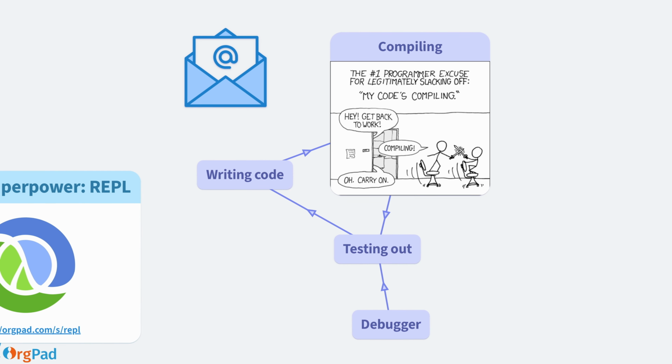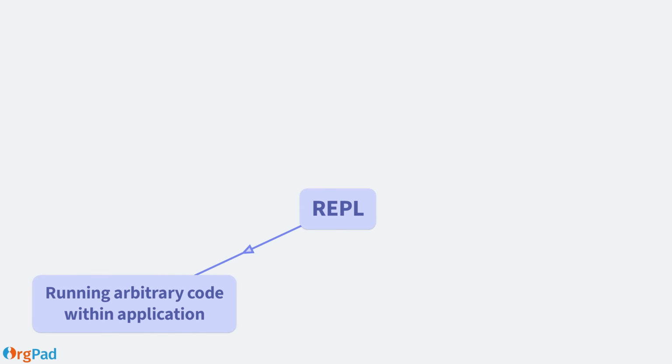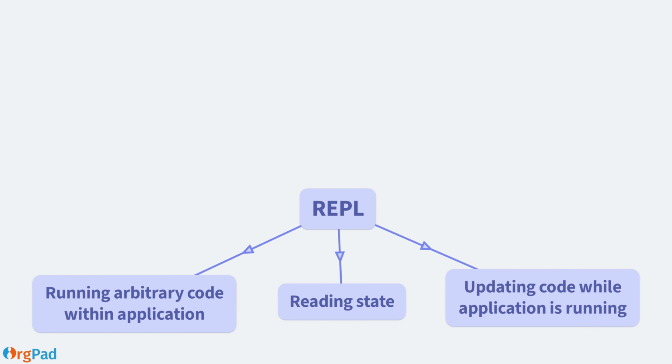There are specialized tools for accessing running code called debuggers, but they are difficult to use and require learning a completely different skill set compared to normal programming. On the other hand, REPL is your direct communication channel with a running application. Using it, you can execute arbitrary code and see the results, read the state in memory, and even update code of a running application. And it is done in the exact same way as programming of the application.